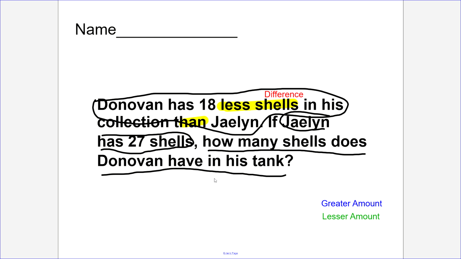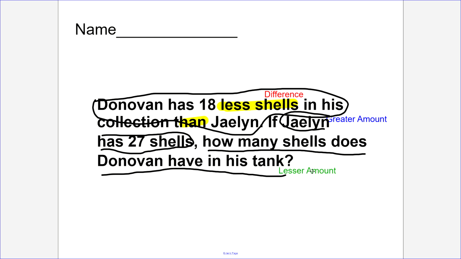What's the greater amount and what's the lesser amount? Well, when I look at the difference, Donovan has 18 less shells in his collection than Jalen, I can see that Donovan has less shells. If Donovan has less shells, then obviously Jalen has more shells. That means that Jalen is the greater amount, Jalen's shells is the greater amount, and Donovan's shells will have to